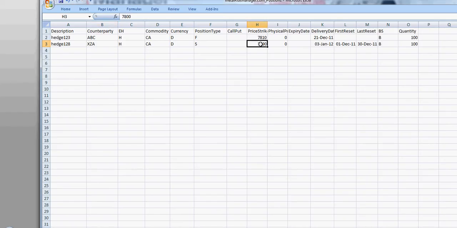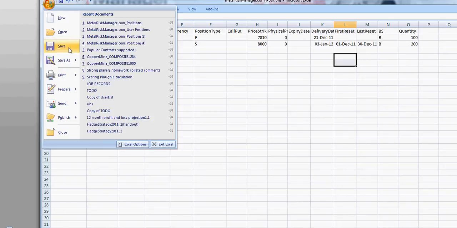So let's put in 1,000. For the swap, it's over one particular month. Let's just say that we did 200 lots, 200 tons instead of 100 tons. So we've made some amendments to the trade types just for test purposes,